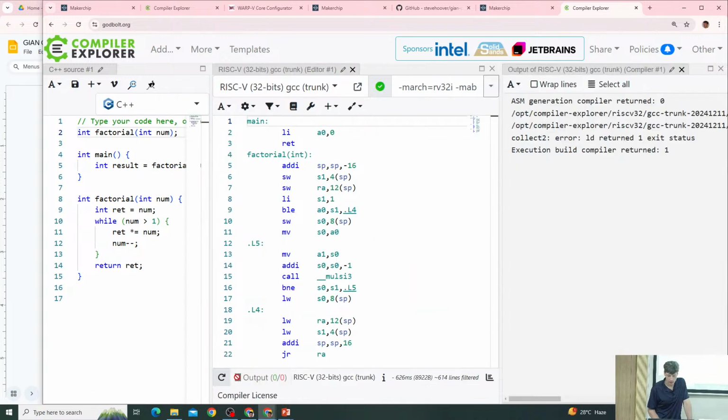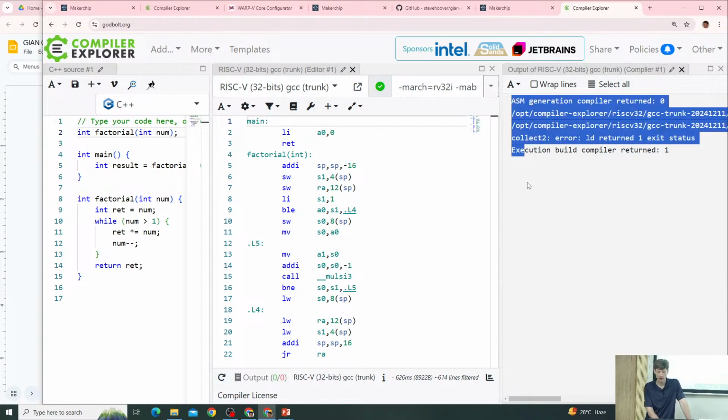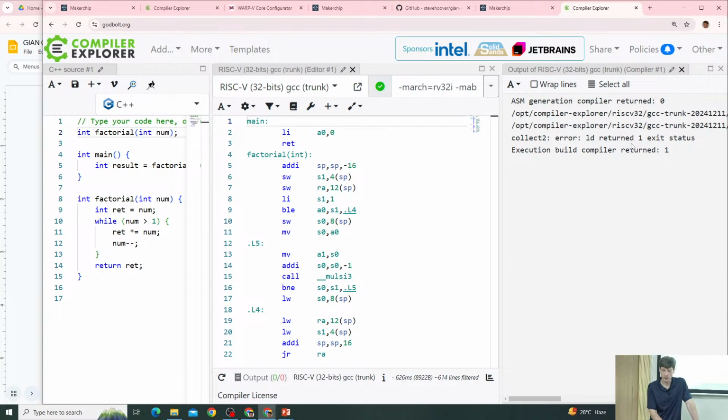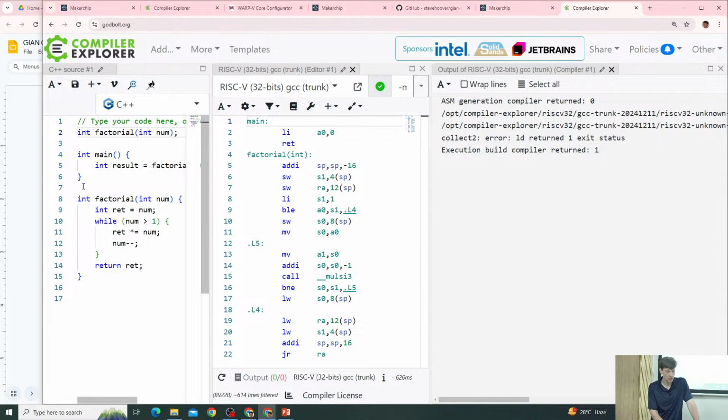And then this output box here, if you click on that, it looks like that brings up the output from compilation and execution. I'm not sure why I have an exit status of 0, but